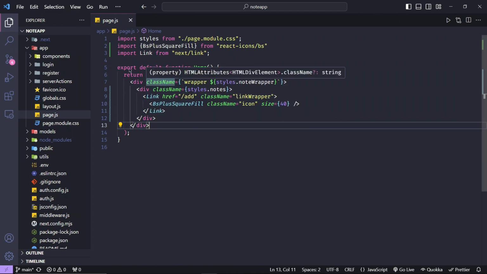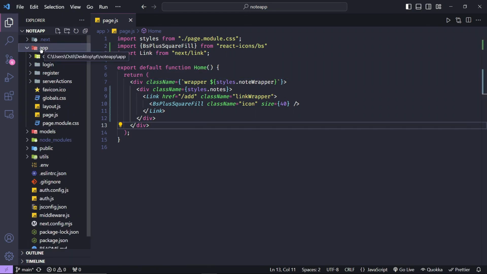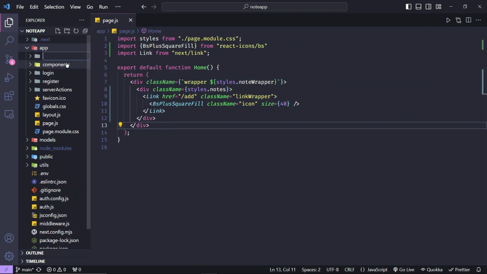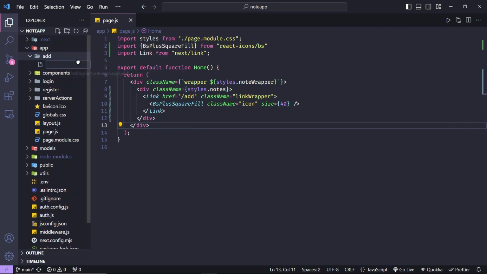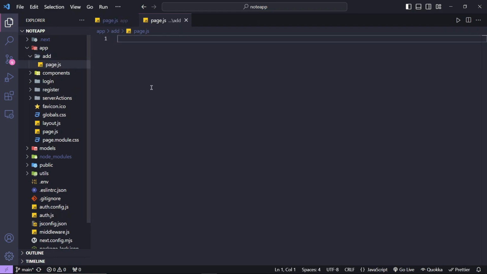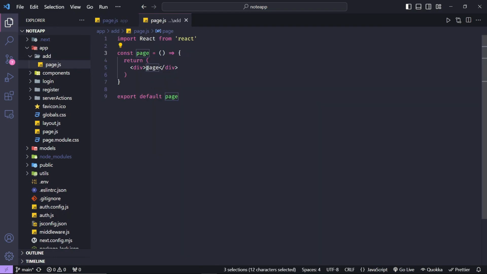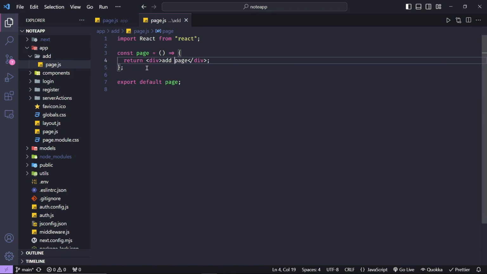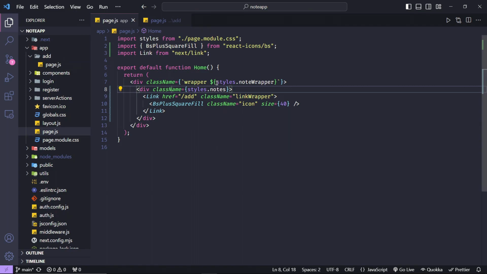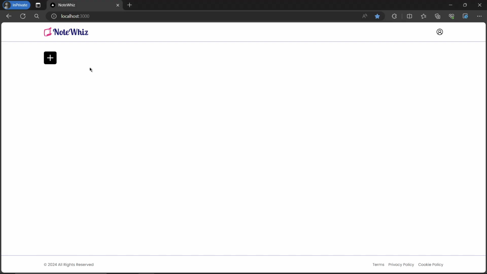Let's create this add route. For that, inside app directory, create a folder named add. Inside add, create a file named page.js. This is our add page where user can submit their notes. Now let's try it out in our app. So this is the button from React icons. Now when I click on this, I'll be navigated to the